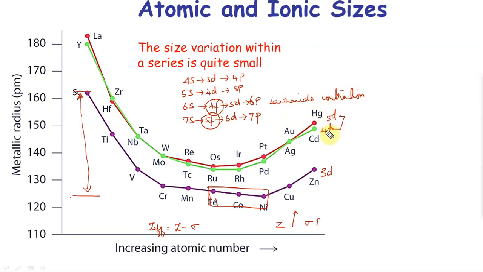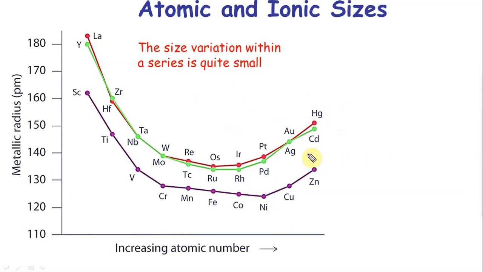Lanthanide contraction brings the size of 4D and 5D very close. Similarly, in terms of actinoids, the 5F orbital shielding is very poor, so you have actinide contraction. So now what we have seen is a couple of things. One is the sizes decrease because of increasing Z effective, but they don't change that much. So the sizes are within a narrow band, and particularly iron, cobalt and nickel are very close to each other.